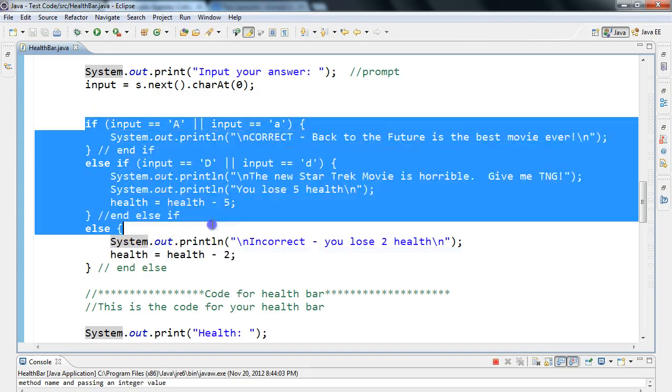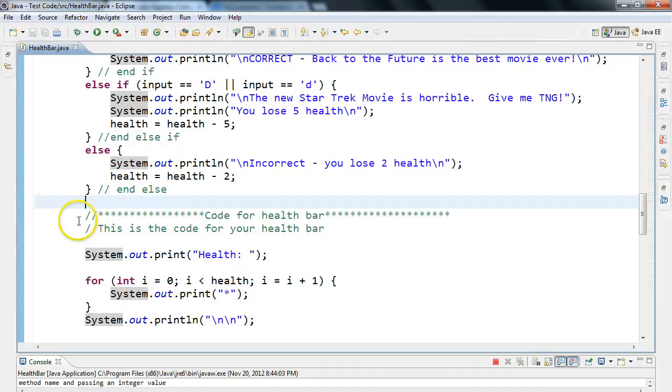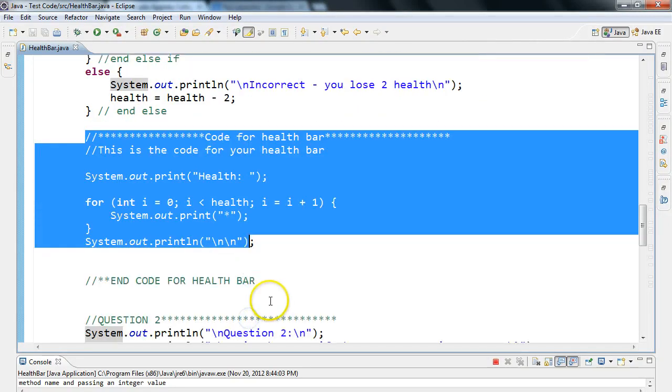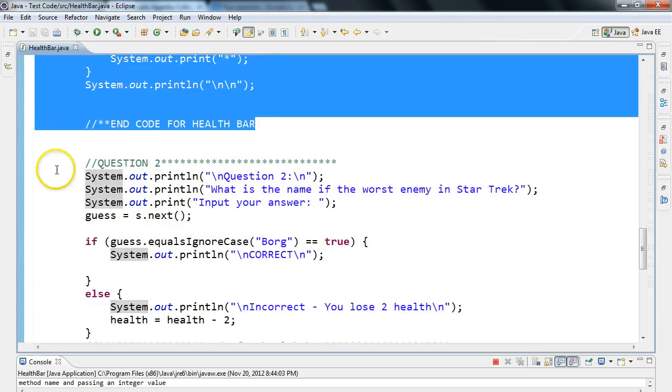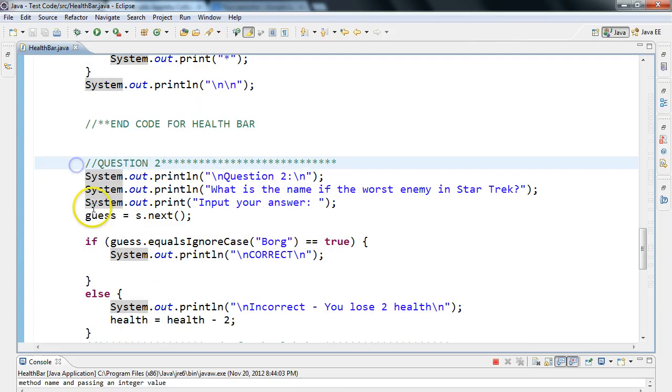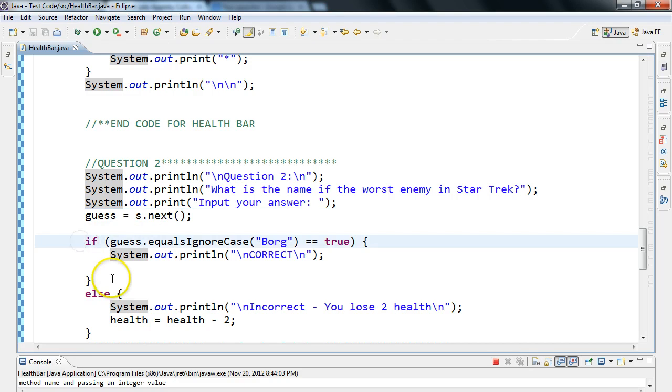Remember, you want to always have some sort of feedback for the user so they know what's happened. And then, of course, we print out our health bar again right here. There's my health bar being printed out. And then I ask question 2. Notice question 2, the difference is that now it's looking for a string answer, so it's looking for a word. So what I've done is I've taken this word, and often, let me just comment this line out, often